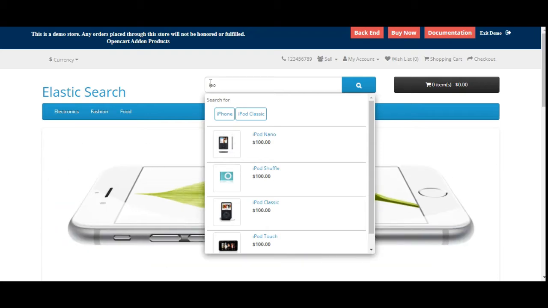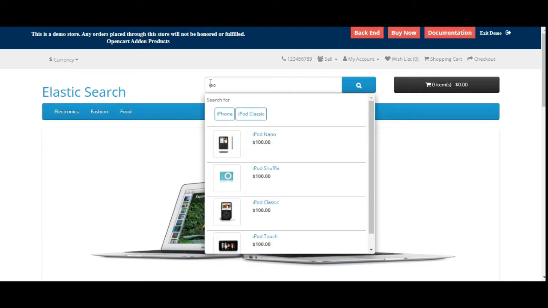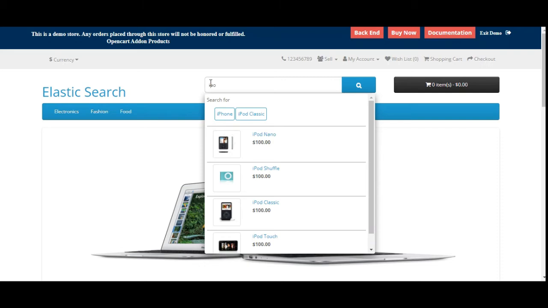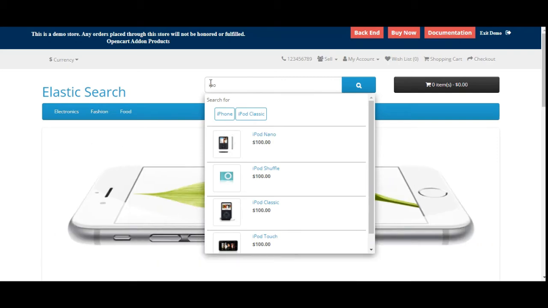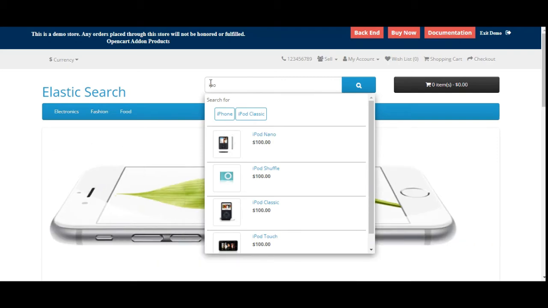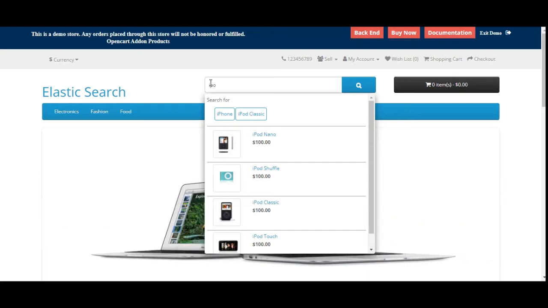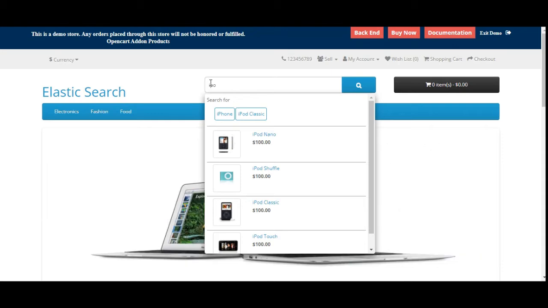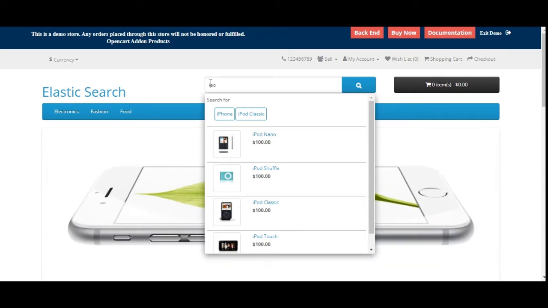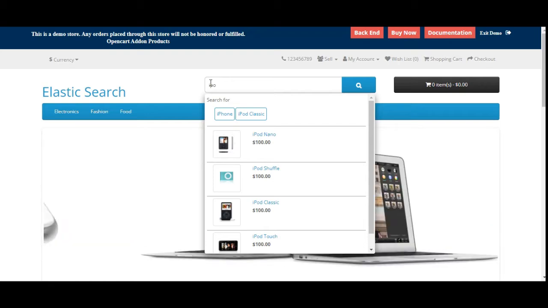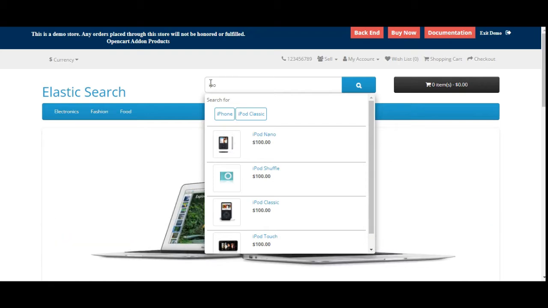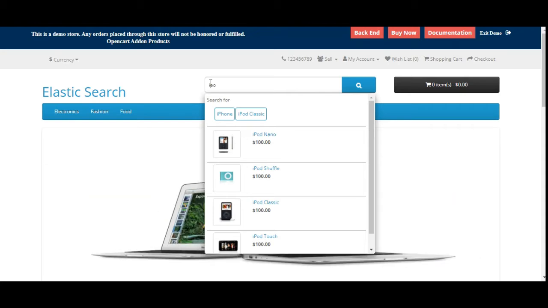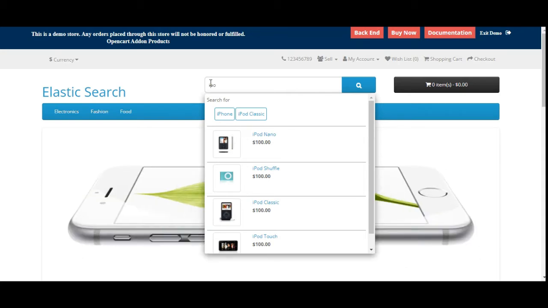On the storefront, the customers can make use of Elasticsearch for making the fastest search within your OpenCart web store. They'll be able to make use of the search suggestion, full keyword search, description search, category based search, manufacturer based search, information and tag based search on your store using the search bar on your OpenCart web store itself. So in today's video tutorial, I'll be taking you through